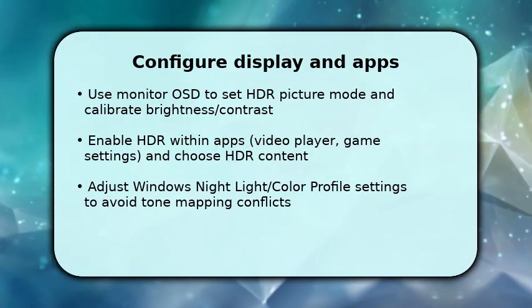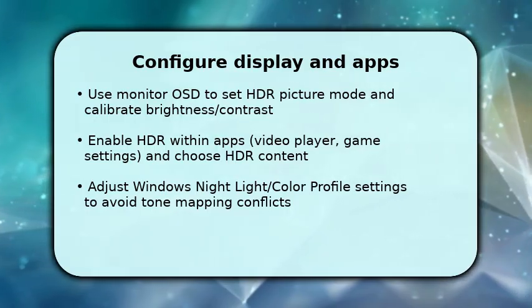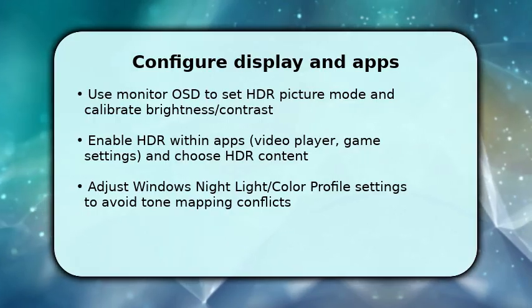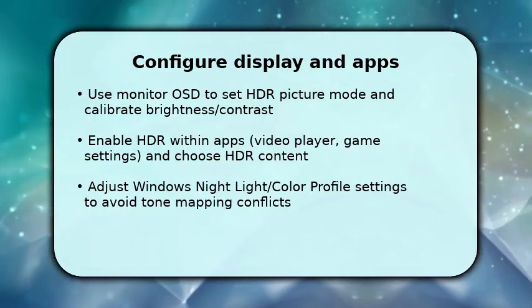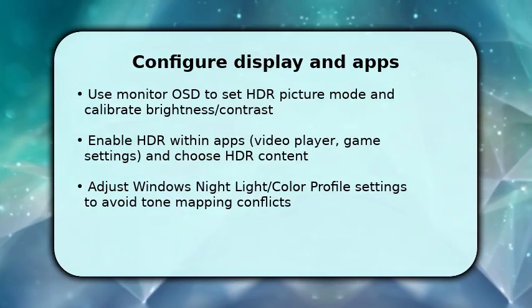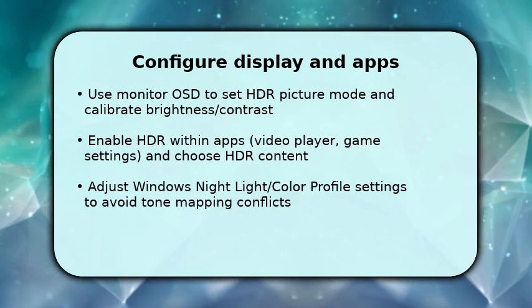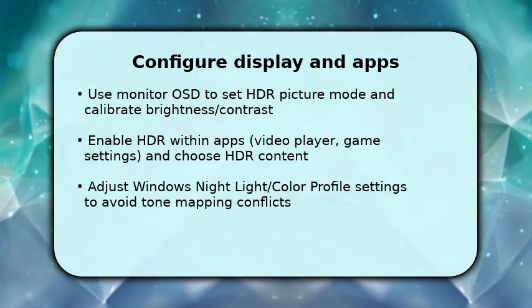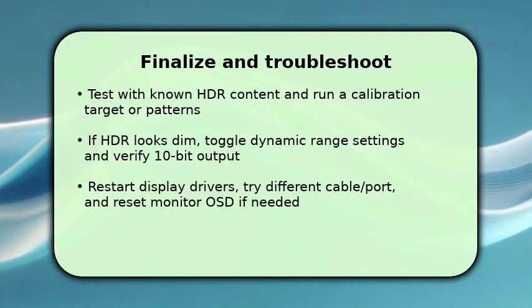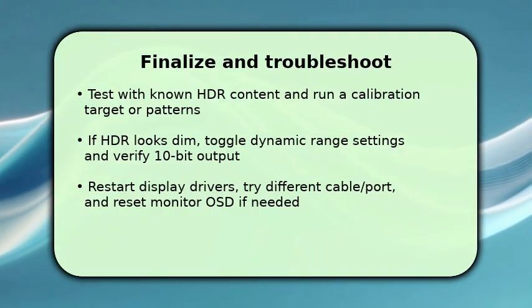Make sure system features like night light or non-HDR color profiles are turned off since they interfere with HDR tone mapping. If available, apply a calibrated ICC profile for HDR workflow, or use the graphics control panel's HDR calibration utility for consistency. You finish by testing with verified HDR clips and calibration patterns to confirm highlights, black level, and color